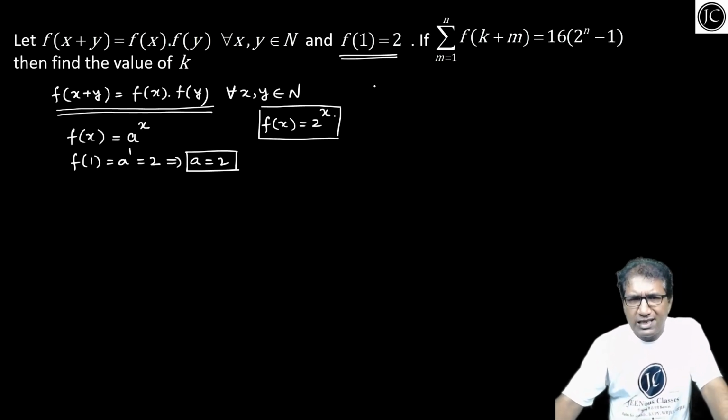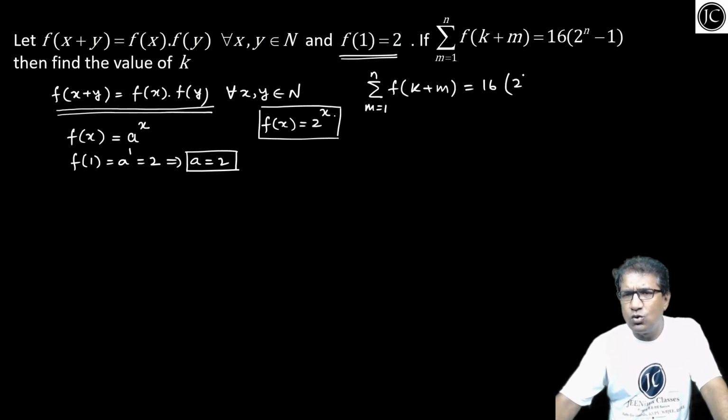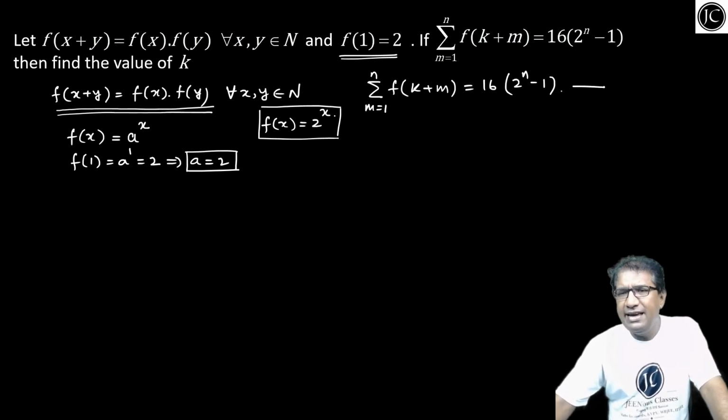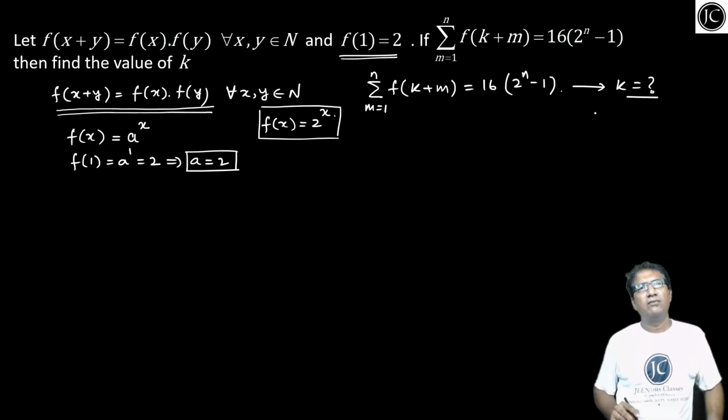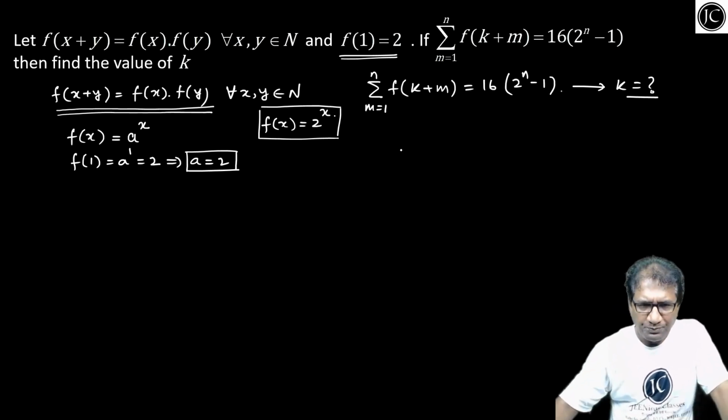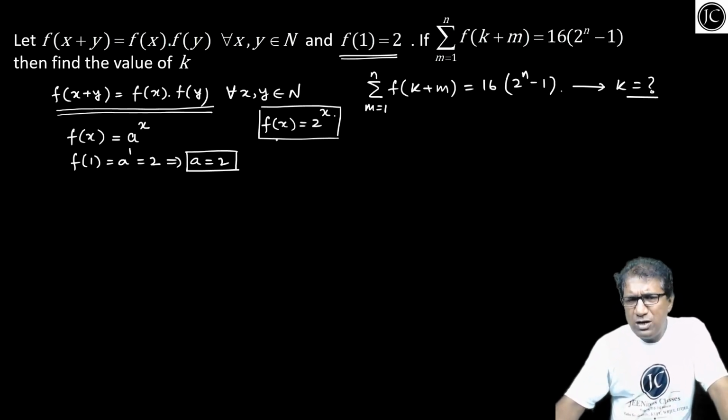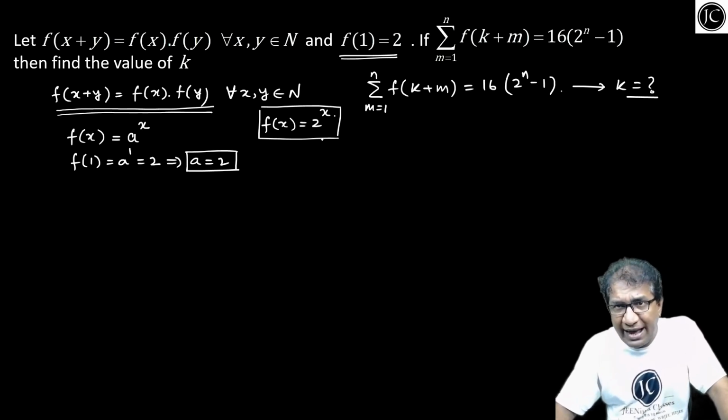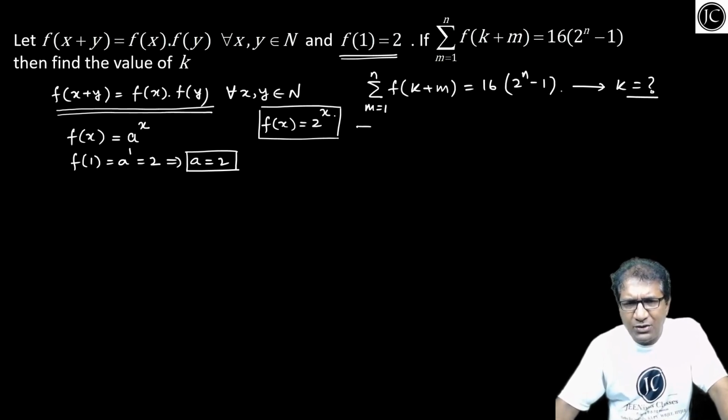यहां पर बोला है sigma m starts from 1 to n, f of k plus m is equals to 16 into 2 to the power n minus 1. अगर ये है, देन यहां से मुझे निकालना है मेरा k का वैल्यू क्या है. सिंपल सम. अभी देखो, the moment we get fx is 2 to the power x, so we can write